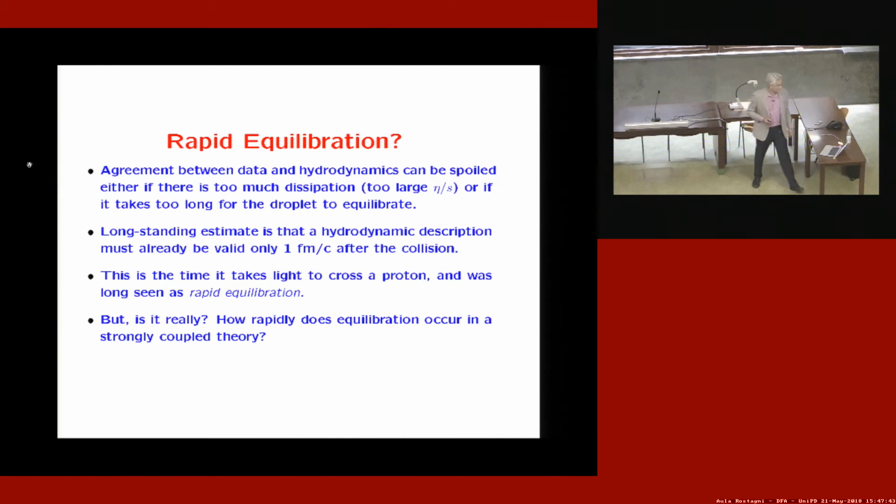It's a long-standing estimate that equilibration, or the validity of hydrodynamics in heavy ion collisions, only takes about 1 Fermi over c to happen. And that's incredibly fast, because 1 Fermi over c is the time it takes light to cross a proton. Now, here also,